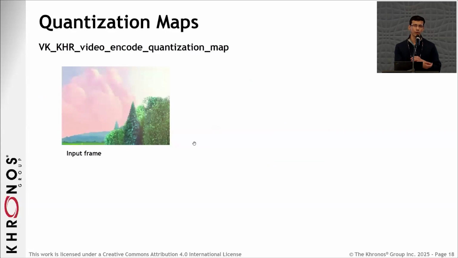Now, quantization maps. If you look at the scene that's here from the perspective of a video encoder, and you have to fit this within a limited bit budget, you can see that there are certain regions which are flat or which have less detail, like the background with the sky and the clouds, and some regions with more details. And the video encoder may decide to give a very low quality to the background so that it saves bits for preserving the details in the region with the complex information.